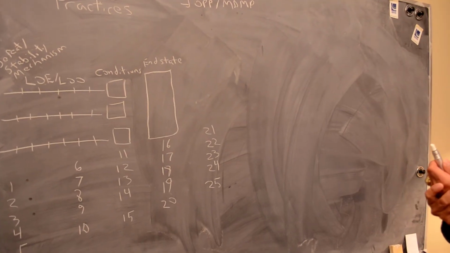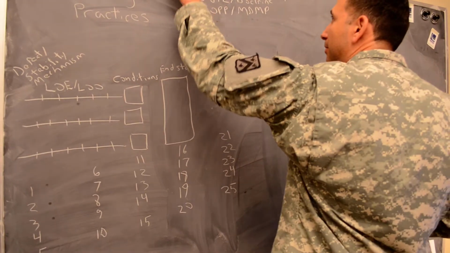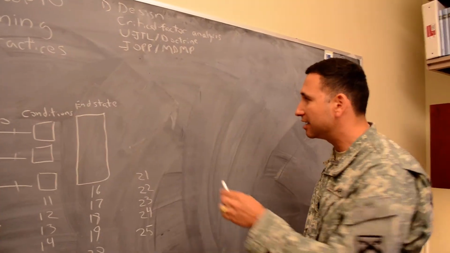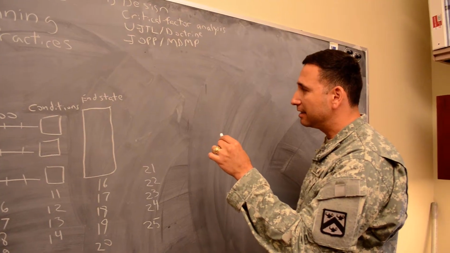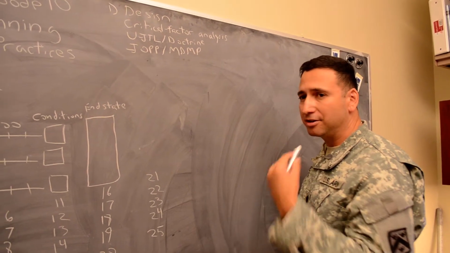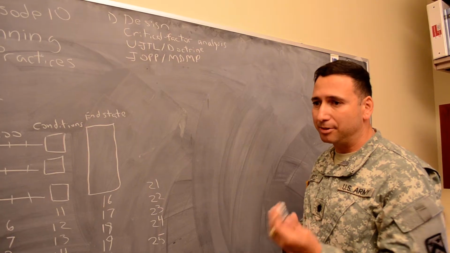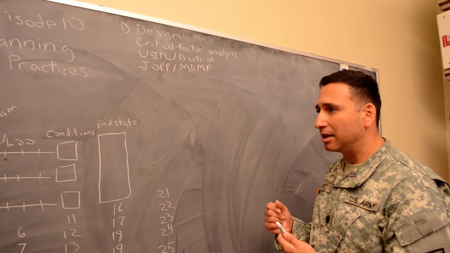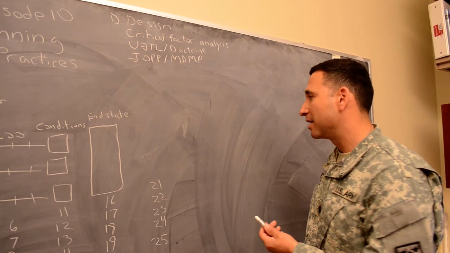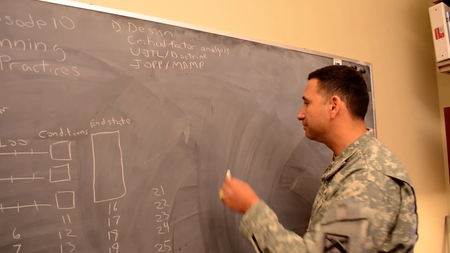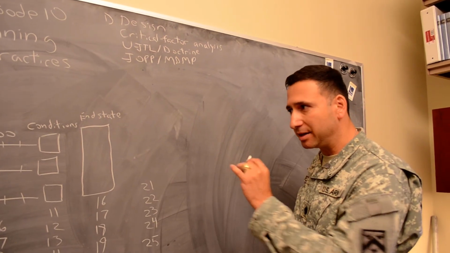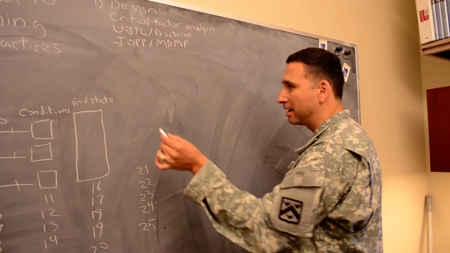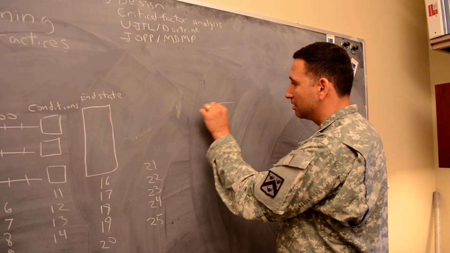So let's begin. Our first practice is design. And we've had 5 episodes dedicated to design. And what we find is that the commander and his staff and unified action partners, through collaboration and dialogue, through the competition of ideas, will enable the commander to develop his understanding and visualization. And at the end of this practice of design, which is actually continuing, but at the end of a certain stopping point, the commander may say the following: look, in this operation we're about to do, I want to have